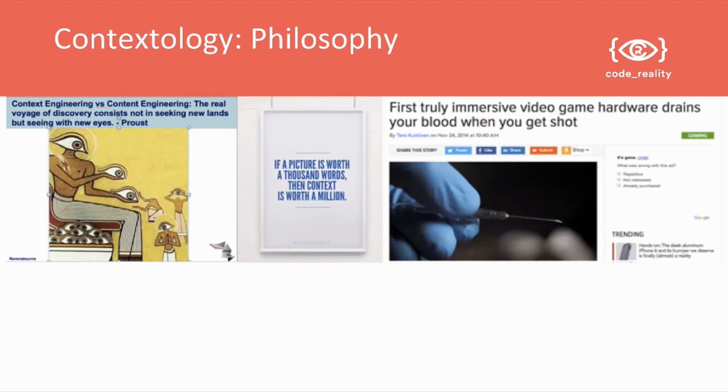So in terms of the philosophy, a great quote for context engineering: the real voyage of discovery consists not in seeking new lands, but seeing with new eyes. If a picture is worth 1,000 words, then context is worth 1,000,000. And a nice example of this in action is, we all know that most VR experiences are just a visual